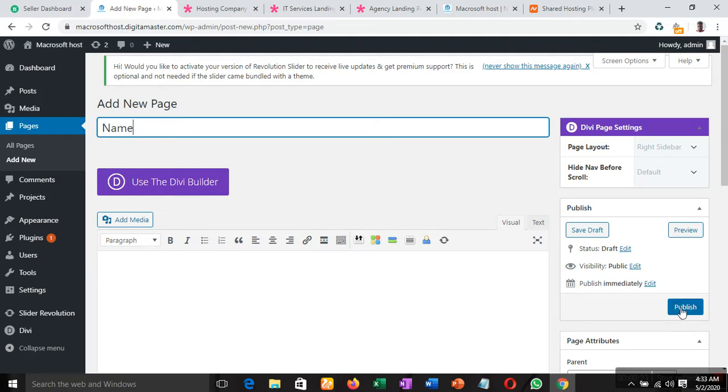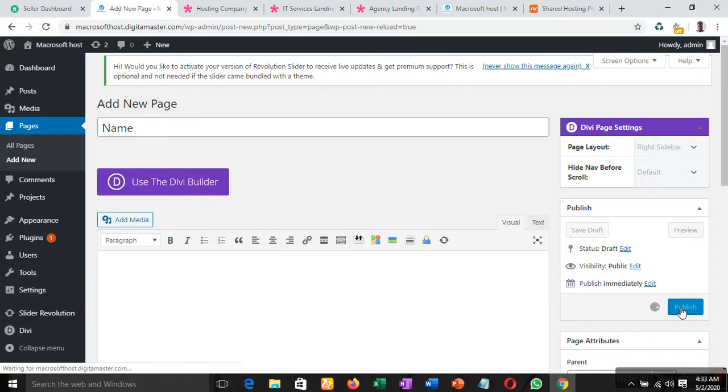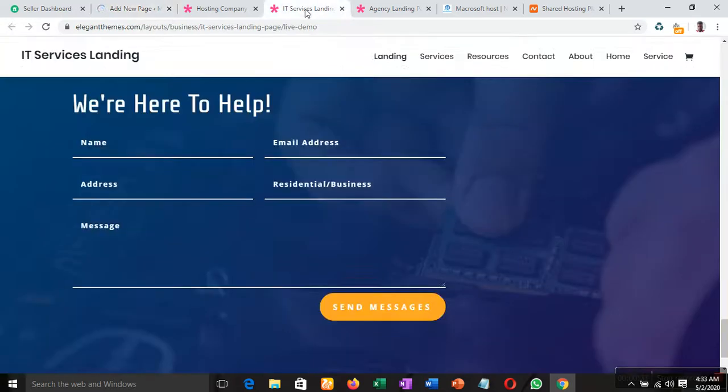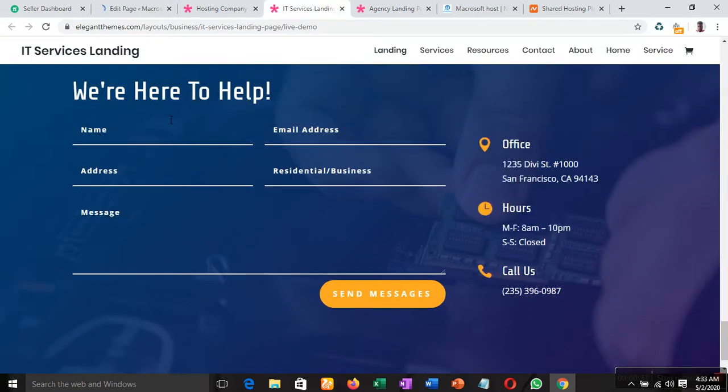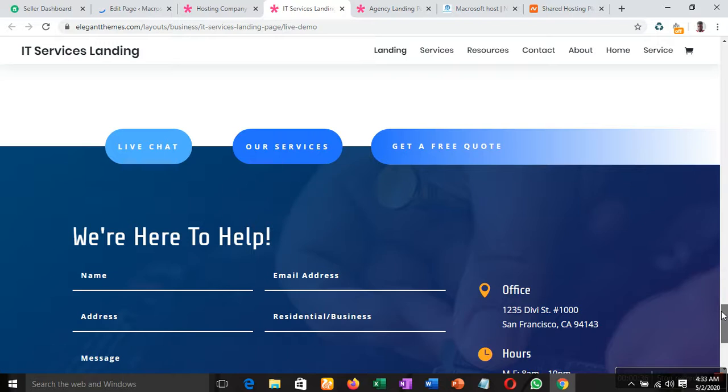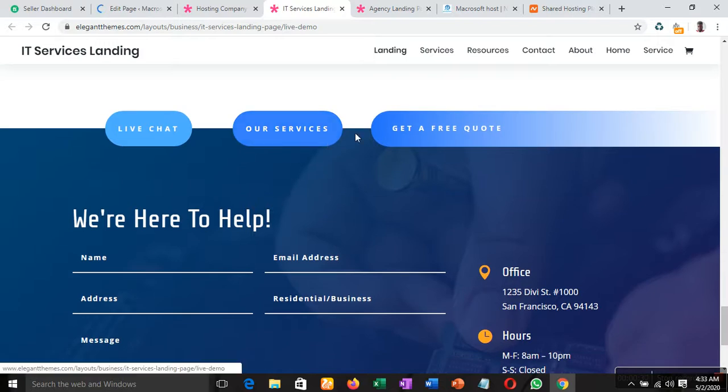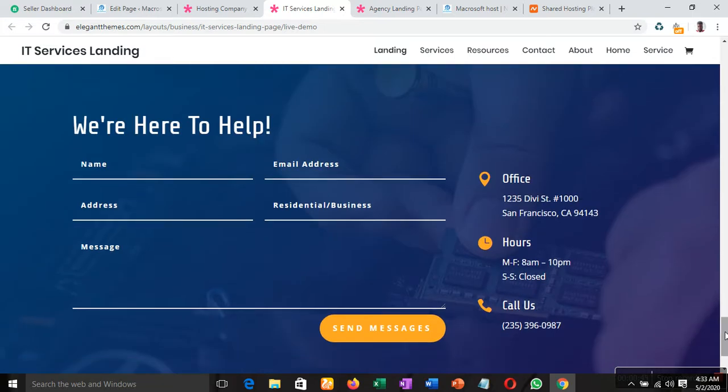I want to copy from one team to another. Sure you understand. I want to copy this particular area. I don't need this live chat, the get code. I need this place where they can reach us, or our office address. I only need it, but I don't have it on the layout I installed. So I want to copy it from this layout to my home.